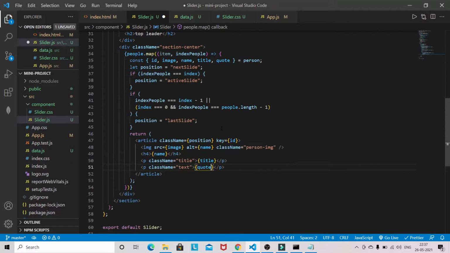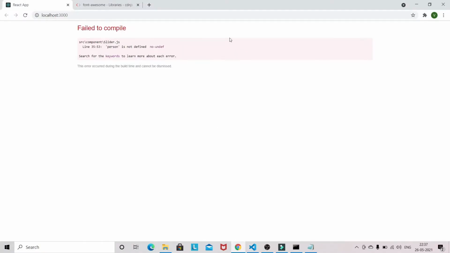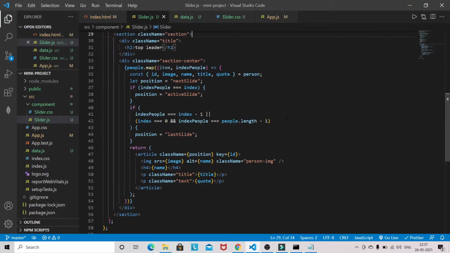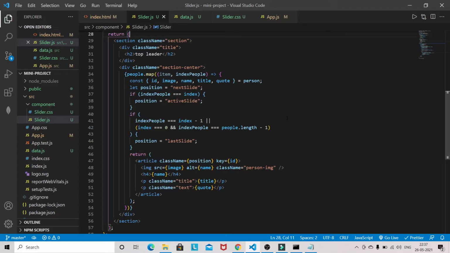So we have the articles. Let's see. Here we have a change; this is the item, and from the item we have destructuring.